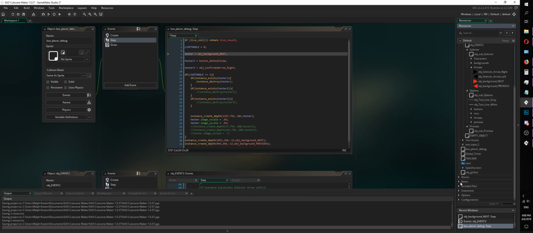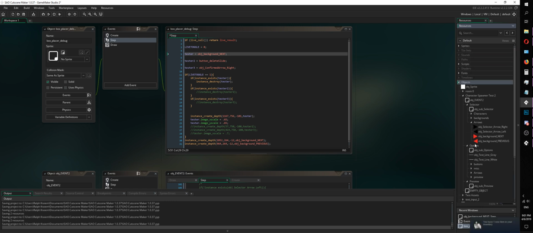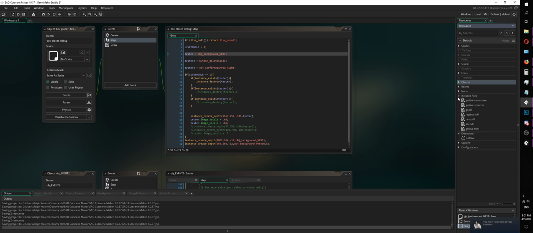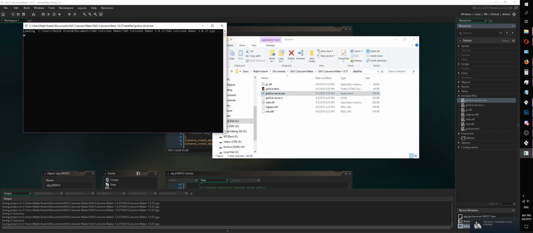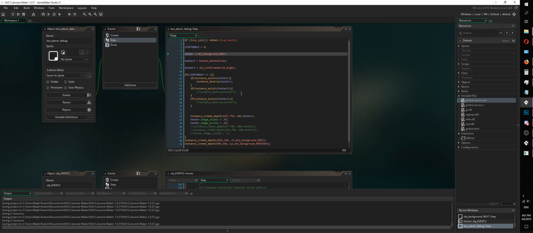Okay, the reason I need to turn it off is so that I could do something. No, so it is under, where is it? No, not notes, not room. Where is it? Room included files here. So open an Explorer, GM Live Server. Now what that will allow me to do is live edit the code. Should be working, I think. Okay, so next, and